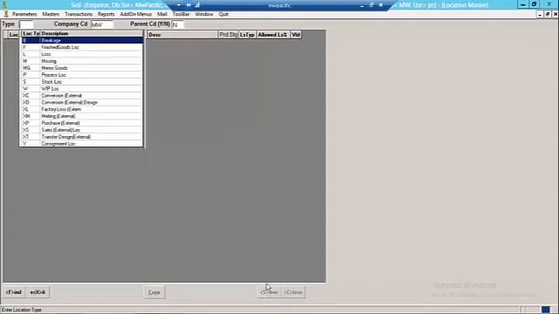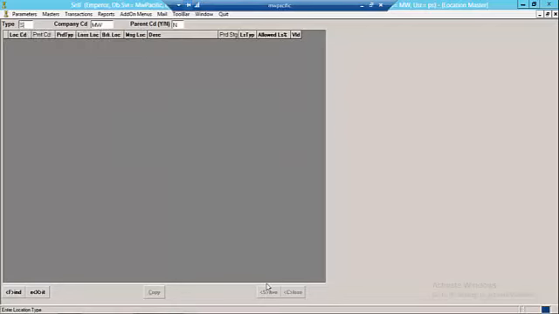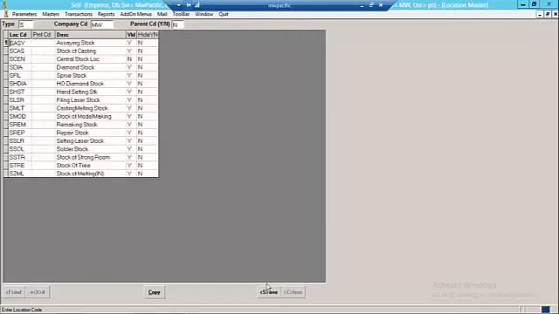Next type of location is stock location, that is type S. This head considers the location where the loose stock is maintained in the factory. For example, where the loose stock of gold or the loose stock of diamond is maintained.